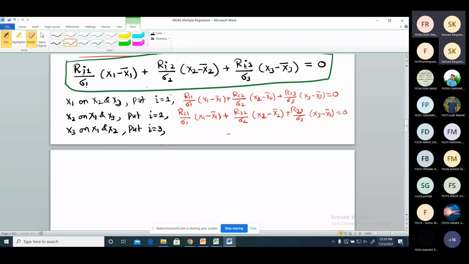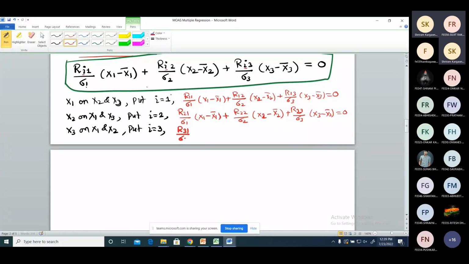Okay. You understand it? So what will be the equation now? What will be the third equation? It is